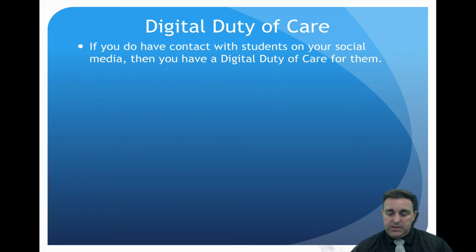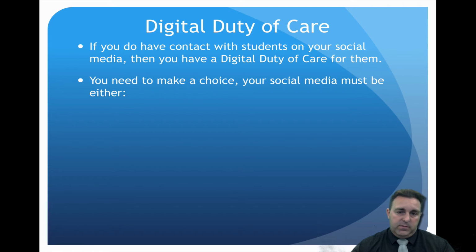If it comes out that that child has committed suicide and you are a friend of theirs and they posted on their wall at a time when you were on your Facebook or your social media, well, was there something you should have done about it? You might not have even read it, but the question is then, you need to either remove the students off your Facebook, or take on the digital duty of care for the students on Facebook. In other words, if you've got students coming over to your house, then you either look after them when they're coming over, or don't let them come over.